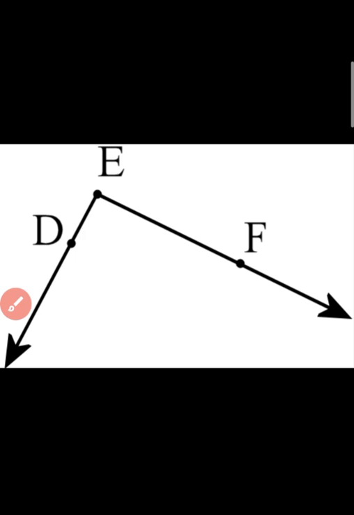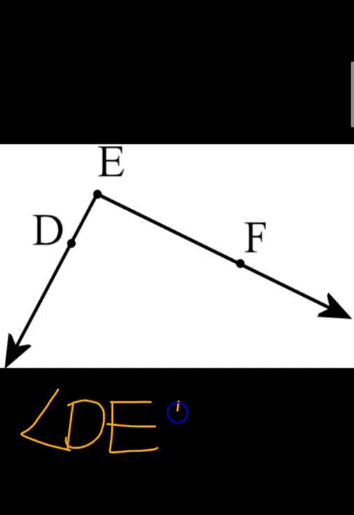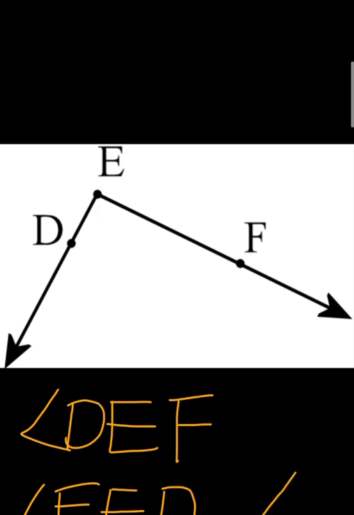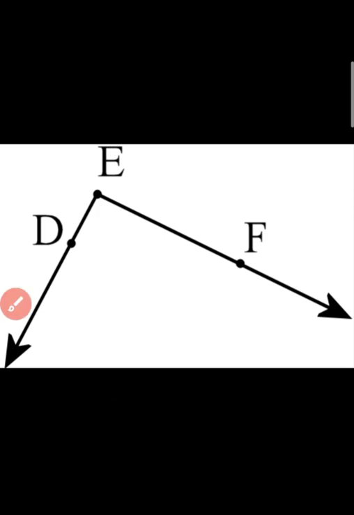Okay, here this is a given angle. How can you write name of this angle? By using 3 letters, we can write it as angle DEF. This is one way, and we will write it as angle FED. E must be middle because it is a name of the vertex, or else simply we can write by the name of the vertex as angle E. This is a way to give name for the angle.